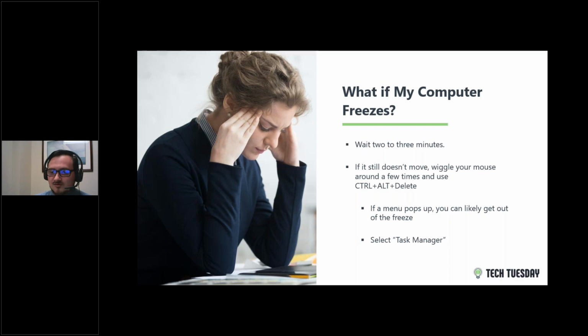If nothing happens after you do that, then you would need to press Control, Alt, and Delete. There's going to be a different key sequence on Mac. I believe it's Control, Home, Delete, but about the same thing. What it does is that opens up your task manager. And 9 times out of 10, this will either stop the freeze or it'll show you what program is misbehaving.